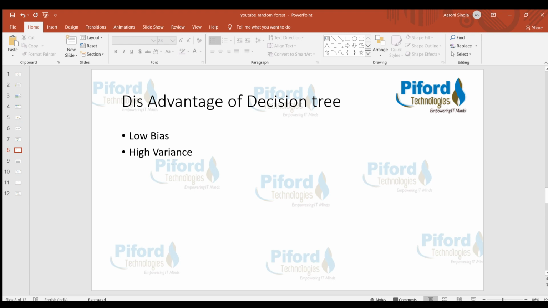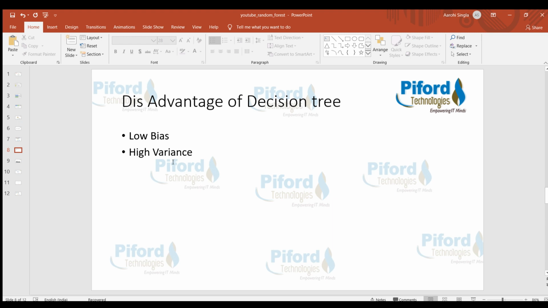To change this high variance to low variance, see, over here we are not checking the output on the basis of one decision tree only. We have multiple decision trees, and on the basis of majority voting we get the final output.